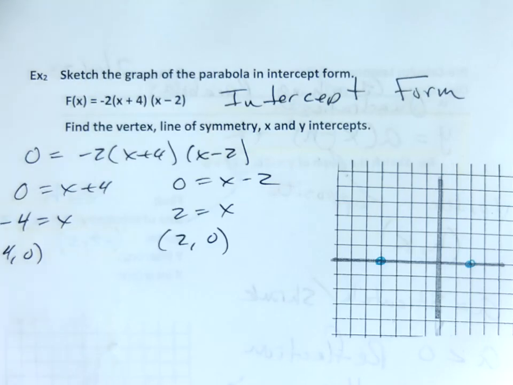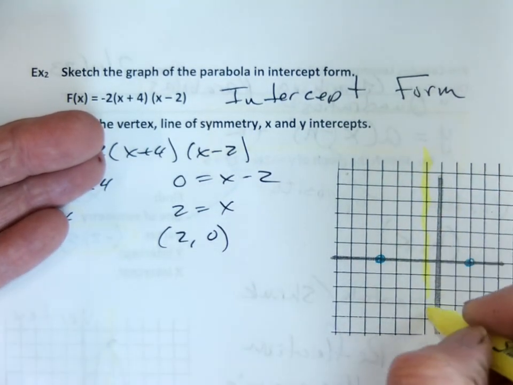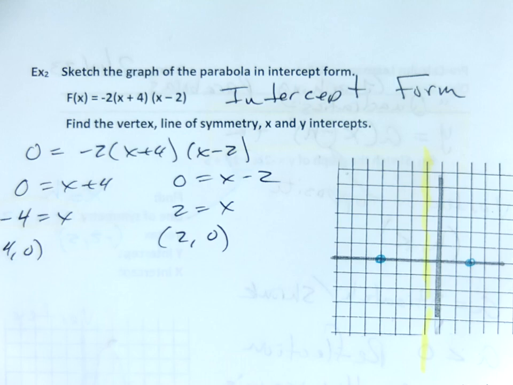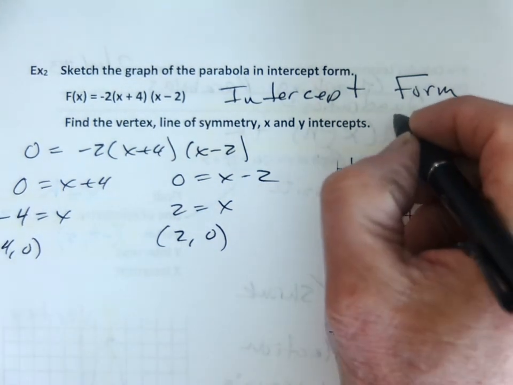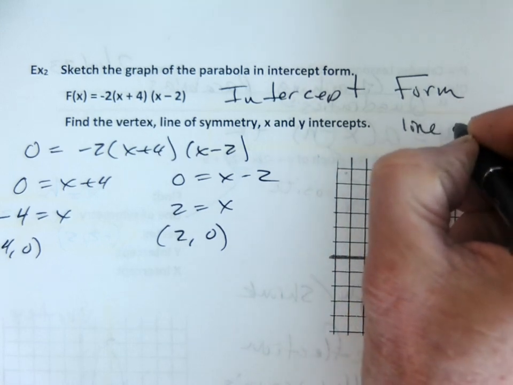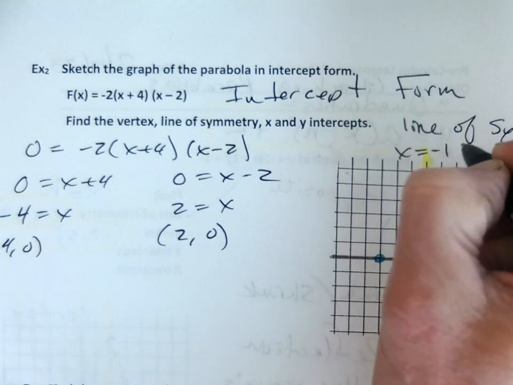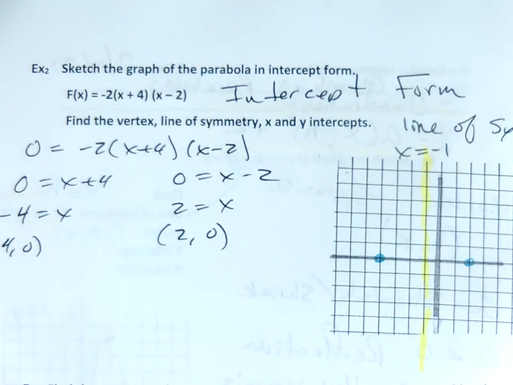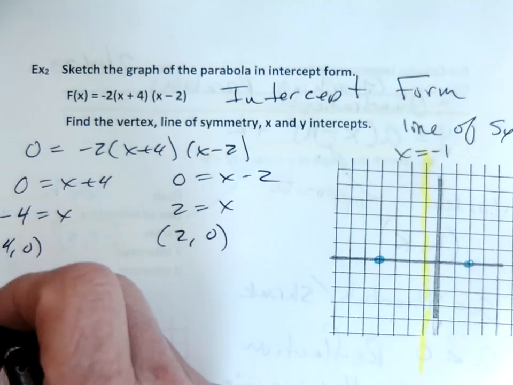Now, because a parabola is symmetrical, I know the line of symmetry is right. It's got to be right there because it's in the middle, correct? It's right down the middle. So my line of symmetry is just the average, so I know my line of symmetry is at x equals negative 1, okay? Well, that's great. I can get its y value by plugging that in. Okay, so I've got x equals negative 1, ever get that? So then the vertex,